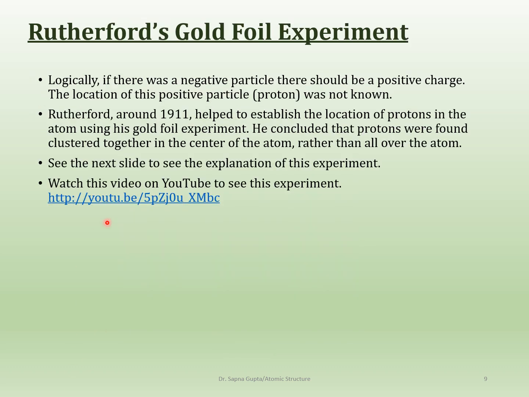So if there is a negative, then there should be a positive also in the atom, and that fell on to Rutherford. He was also working on figuring out the atomic structure, and Rutherford did the gold foil experiment. I need to tell you, around the 1900s, the 10-20 years before and after, there were a lot of discoveries going on. So much was going on at that point. But anyhow, one of these things was, of course, the structure of the atom as well.